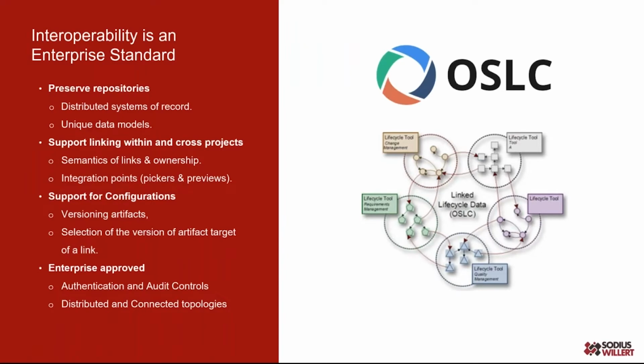What we're utilizing here is actually an industry standard called OSLC. We don't always use that with Polarion, but Polarion has wonderful capabilities around OSLC to connect between tools. We use it with our Jira connector as well. But the nice thing about OSLC is it allows us to preserve repositories, meaning that we can keep data where it was created, where it resides, and we can create and manage those unique data models that are in those tools. So the usage that you'll see with Confluence here means that that data stays in Polarion, and we're just referencing and viewing it from Confluence.